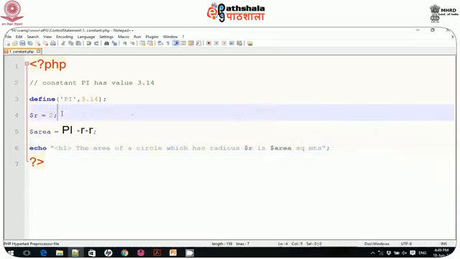Of course I can get the value from the user also, but to demonstrate, I take r equal to 2. So let me save this one.